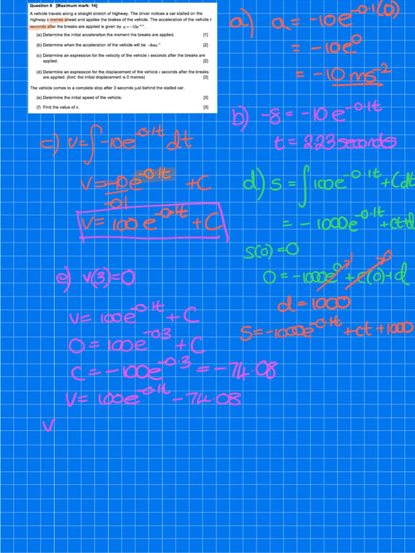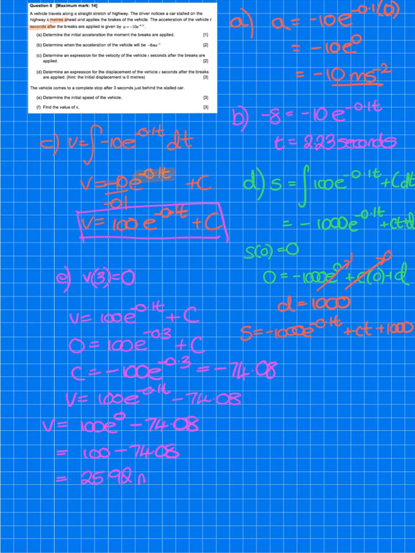So velocity is 100 e. Initial means time is 0, so it's going to be negative 0.1 times 0, so I'm just going to put 0 there, minus 74.08. Remember, 100 times e to the 0 is just going to be 100, minus 74.08, and when I do that subtraction, that gives me an initial speed of